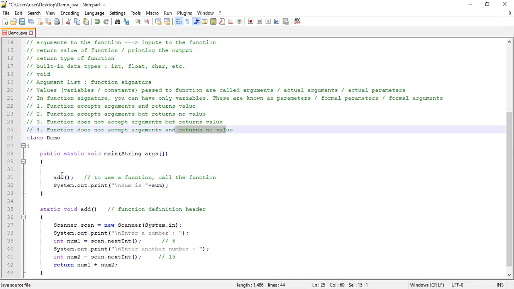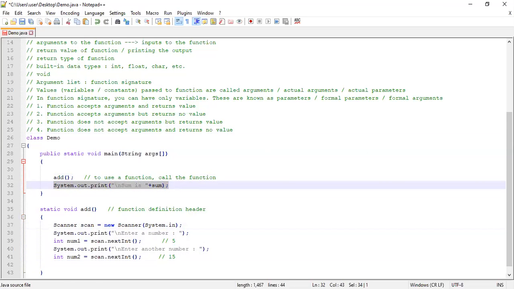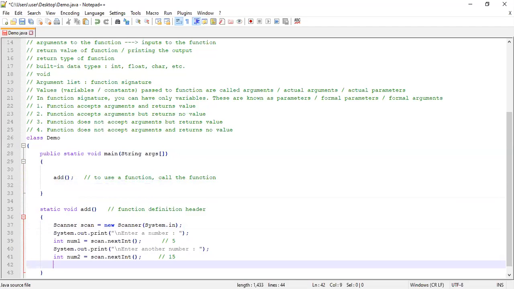So you simply call the function in this way. And here inside the function, you need to accept inputs as well as display the output. So here, instead of returning a value, you will have to print the output in the function. So you'll have to print the value, and this is how it will change.